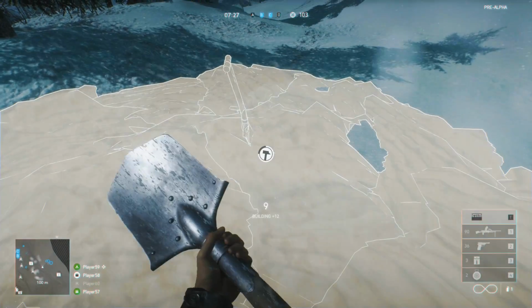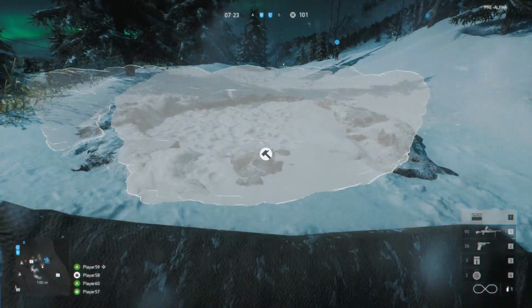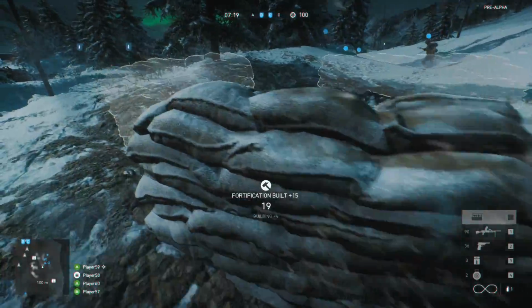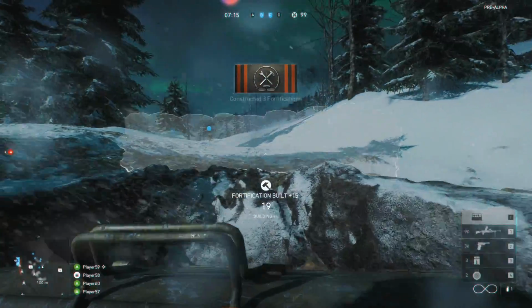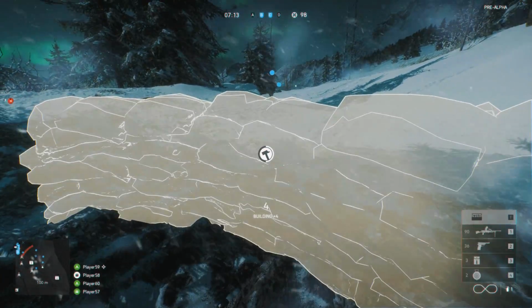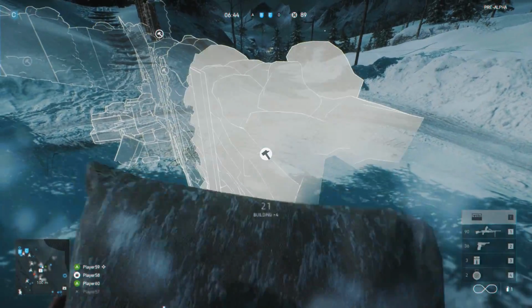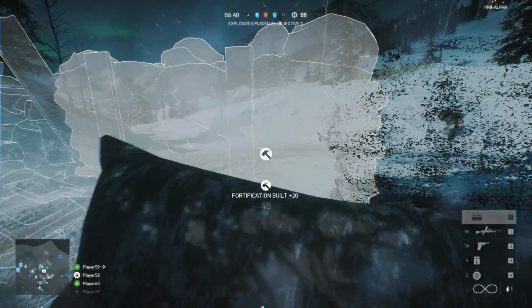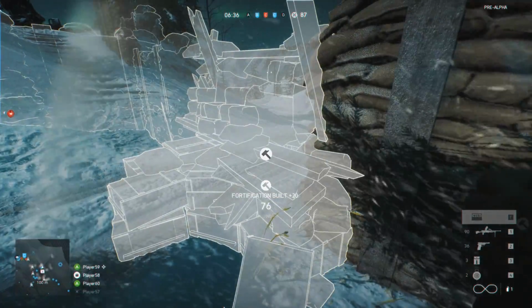So here I wanted to show you guys some of the stuff that you can build, otherwise known as fortifications. And I actually dug a little hole there, and then I'm putting some sandbags around it, so this would be a good spot for a machine gun, for example. And here, building some more sandbags. This is kind of a wall, and I think that this would be in a more appropriate place than where